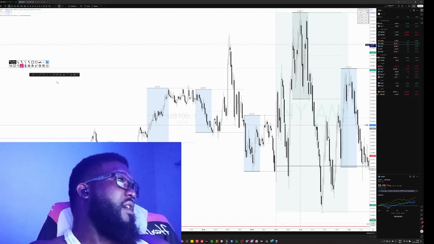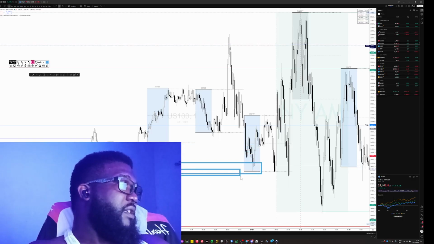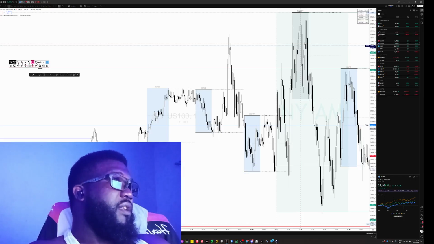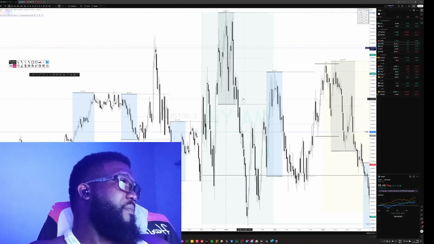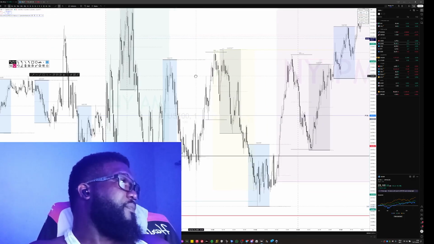So we went all the way up there, came back down, ran this low, which should have been just perfect liquidity. So when we took out that low, we came into this order block here. That's what we tested before we ran higher. And that was when the chop, seek and destroy pattern formed. Now,